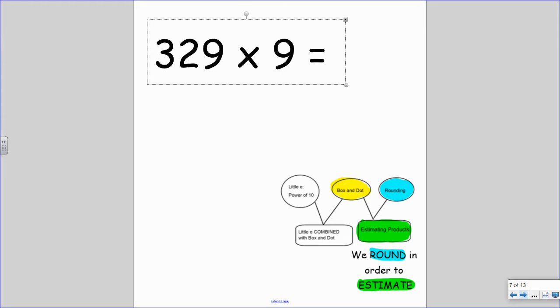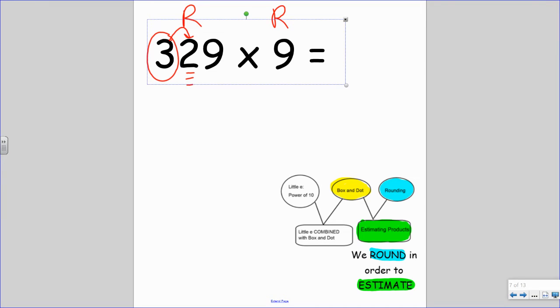That is estimating. So let me show you this one. Again, we are going to round each factor so that we can find out around what that factor is, and we can do a quick box and dot. So I'm going to go ahead and round 329 to the nearest 100 because that's the greatest place